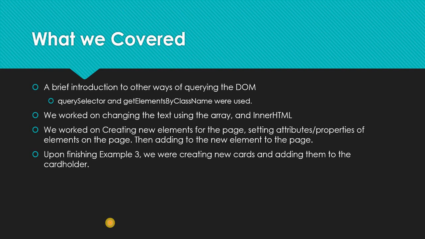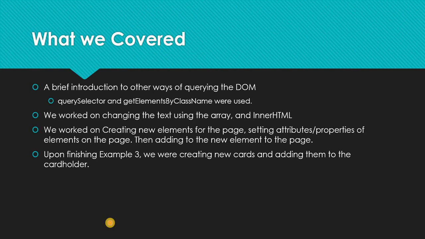Then we worked with our first example. We got into querying the elements and getting the text of those elements to display on the console. The second example that we did was to change the contents of those boxes, using the DOM and the tools there to change the name, change the phone number, change the email. I did it through the Google Chrome